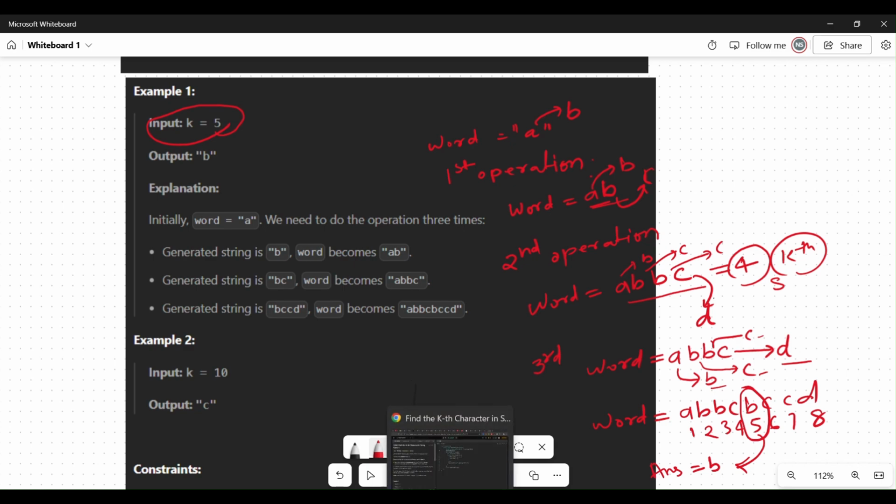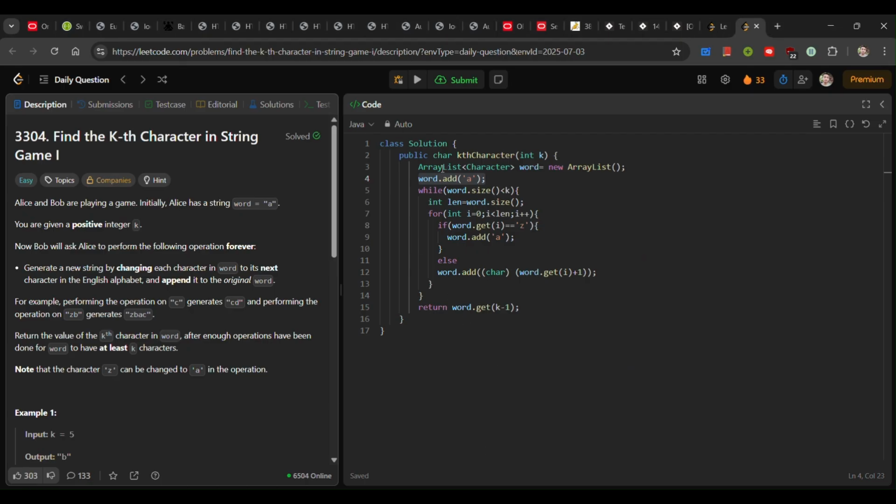If we go to the code, let me explain this part. Here, I have created a new array list for the word. Initially we have A in my array. Then we pass into a while loop.